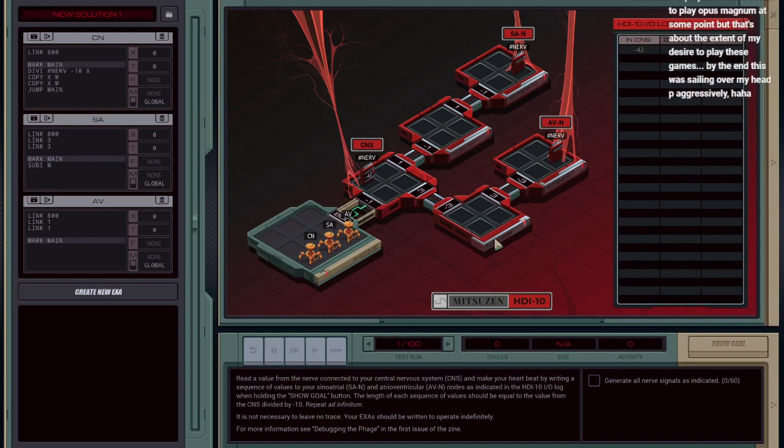Sub I from M minus 1 into X. Then I'm going to copy, what is it? We're on SA right now, so it's 41st. So copy 40 into nerve. Then